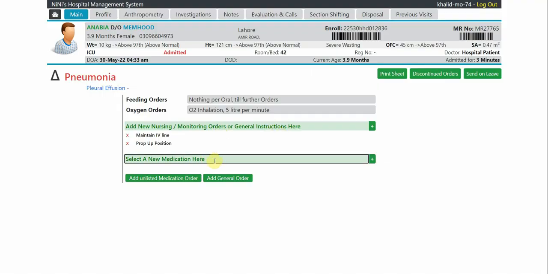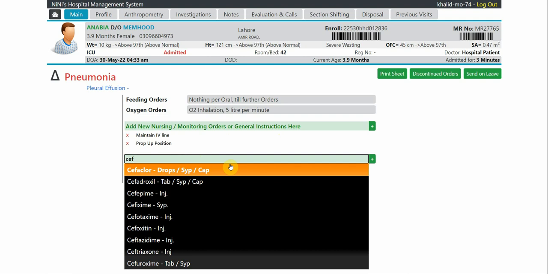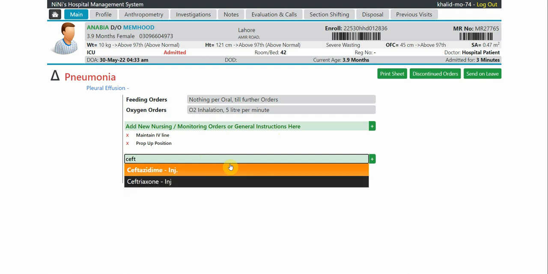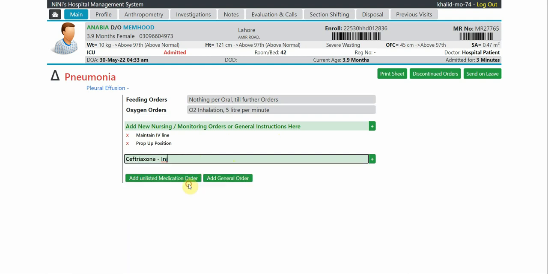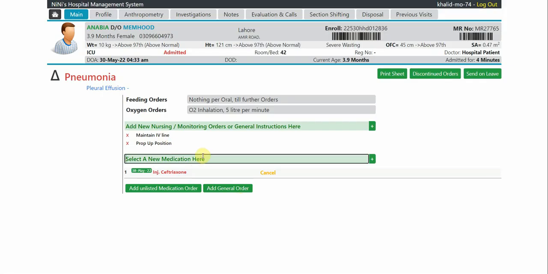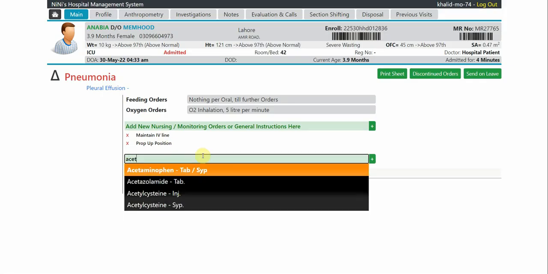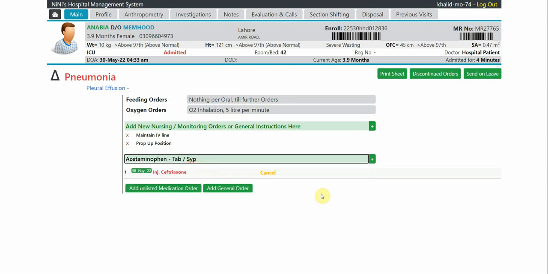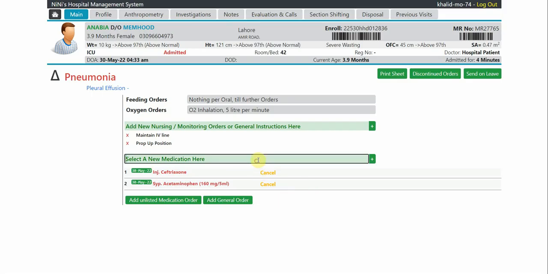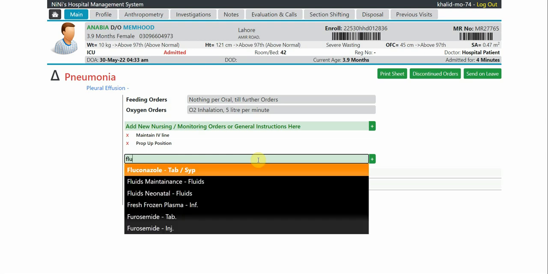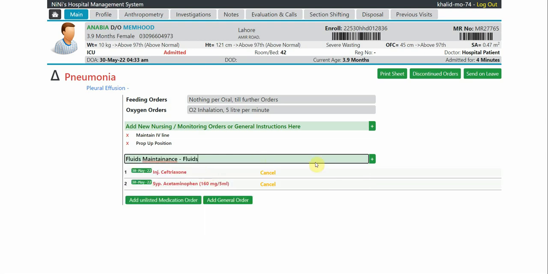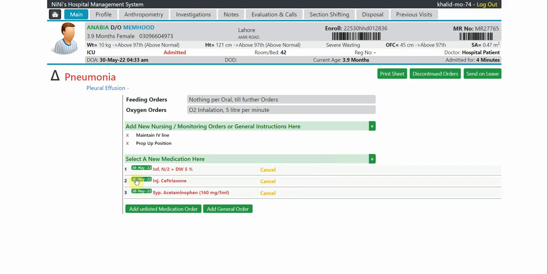For medication, I will start typing my medication name here. I will choose this ceftriaxone. I will also give Panadol or acetaminophen to this patient, and also the fluids. You can see all my 3 drugs or medications are red because they are incomplete. I will open them one by one,